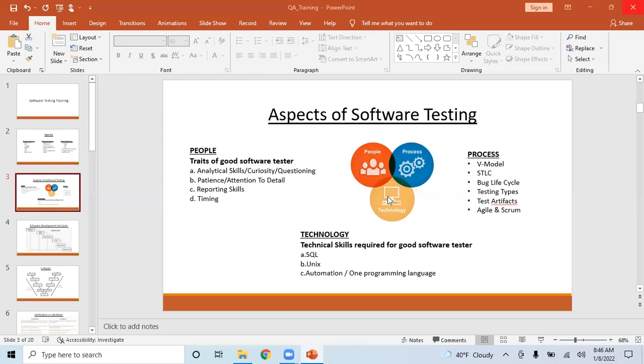Ultimately, you will be doing some kind of coding. If you're purely a manual tester, you might not go into that, but nowadays nobody is completely a purely manual tester. In most companies, in a basic scenario, 80% you will be doing manual testing, and at least 20% you would be doing some kind of automation testing. Even in the worst case, you might be executing automation scripts somebody else has developed.